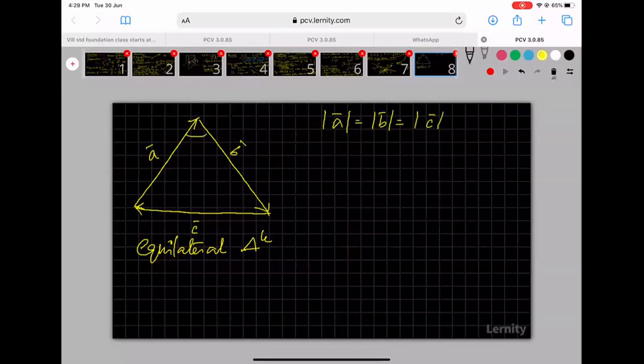I also know that this is 60 degree. But if the question is this, angle between A bar and B bar is equal to dash. What should I answer here? Angle between A bar and B bar is equal to dash. Just because in the diagram you will find a number 60 degree between A bar and B bar, the answer cannot be 60 degree here. Wrong.